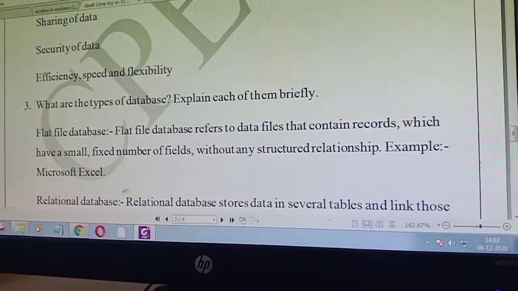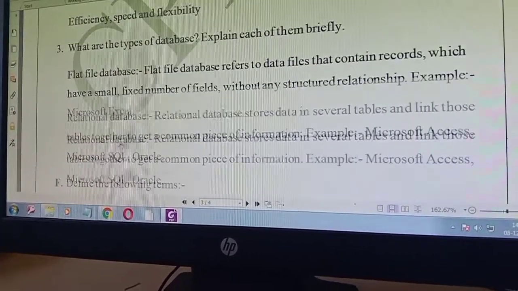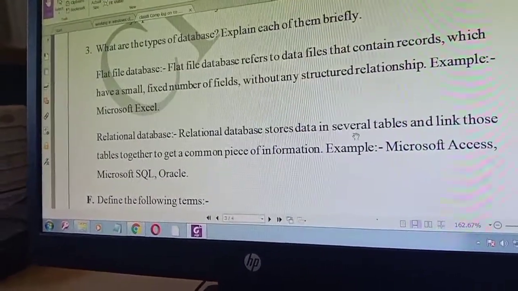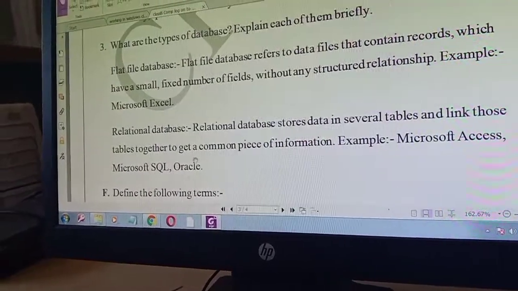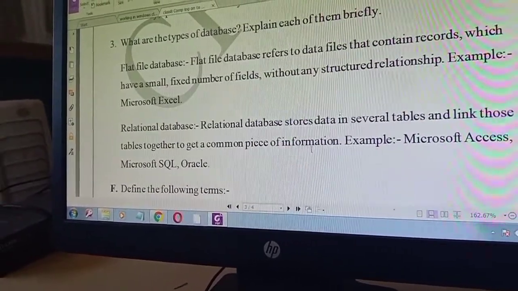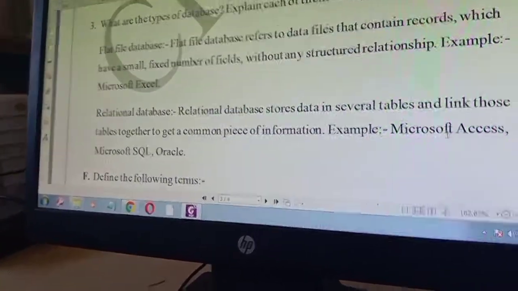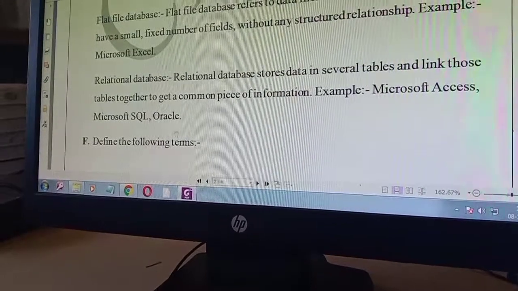For example, MS Excel, like Microsoft Excel. Relational database stores data in several tables and links those tables together to get a common piece of information. Example, MS Access or Microsoft Access, Microsoft SQL and Oracle.